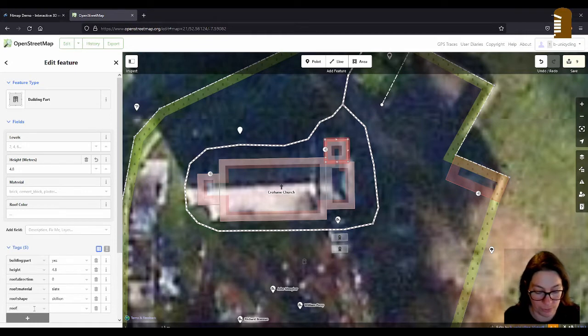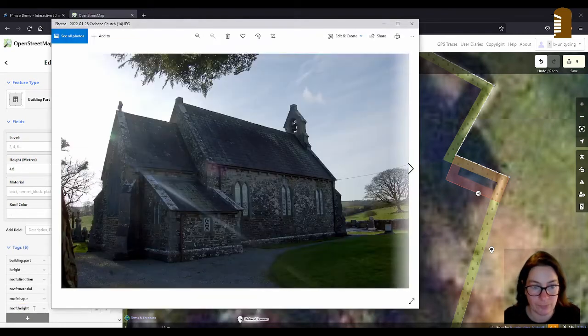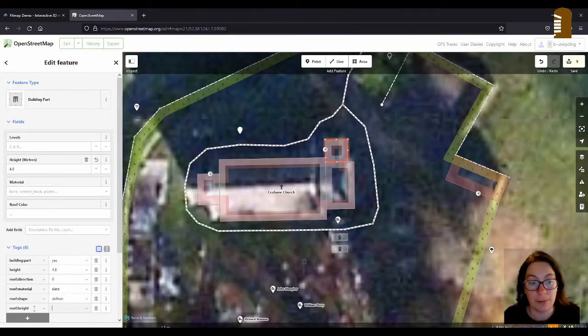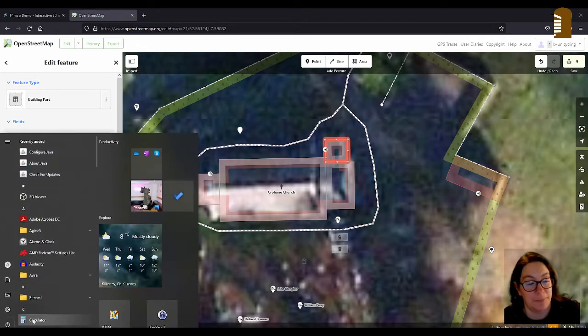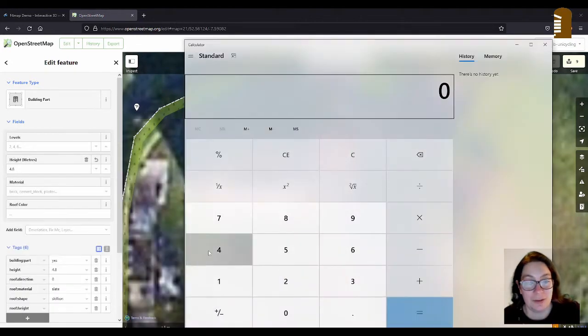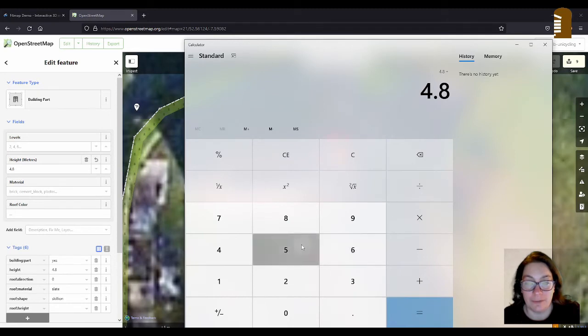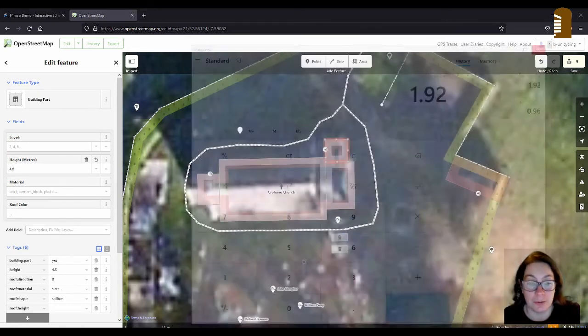And then the roof shape, roof height. About 2/5. Jesus, it's getting more complicated than I thought. So that is gonna cheat. 4.8 by 5 times 2. So let's say 2 meters.